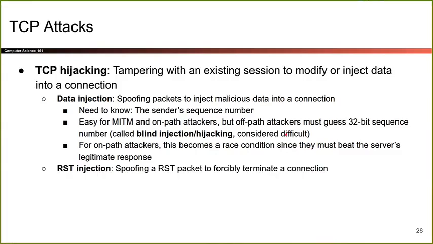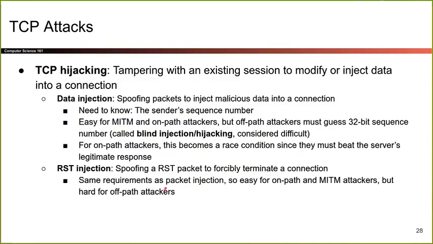The second attack that's kind of related is instead of injecting data, we want to be evil by cutting off this connection. So let's send a reset packet to just stop this connection immediately. So I'm trying to mess with their connection by just ending it. Again, the requirements are basically the same. The reset packet still has to have the right sequence number for it to be accepted. So I still have to figure out the sequence number for injection. If you're man in the middle, that's super easy. I just look at the packet. If you're on path, that's super easy. I just look at a packet. If you're off path, you have to guess. So it's a little bit harder.